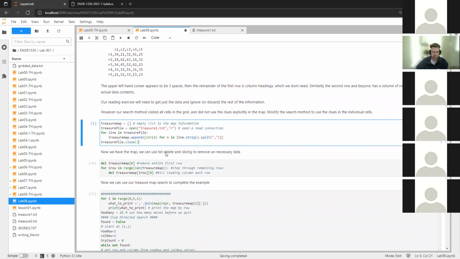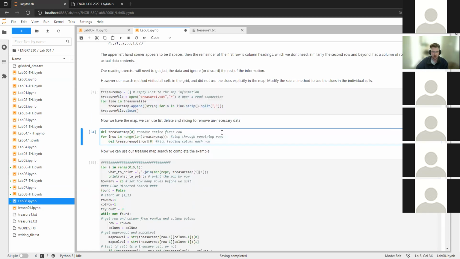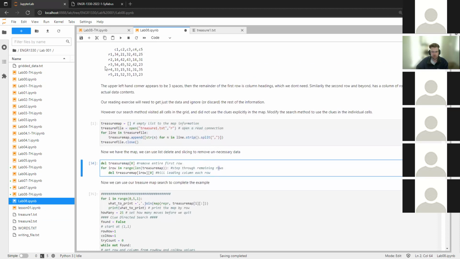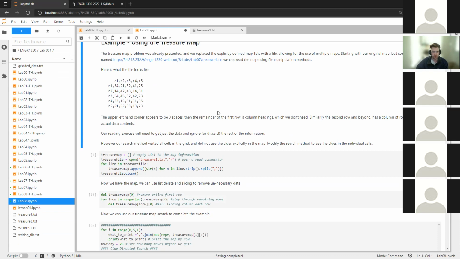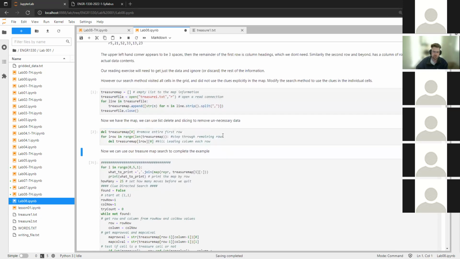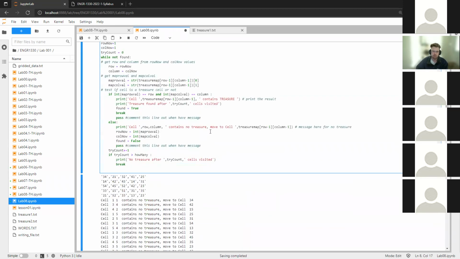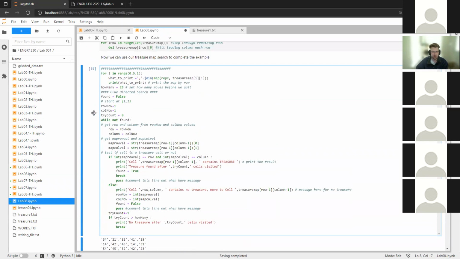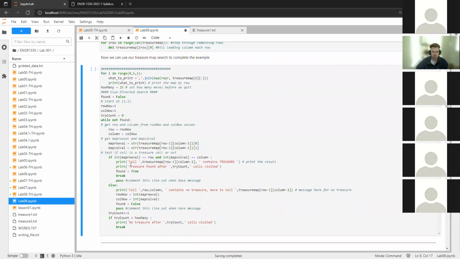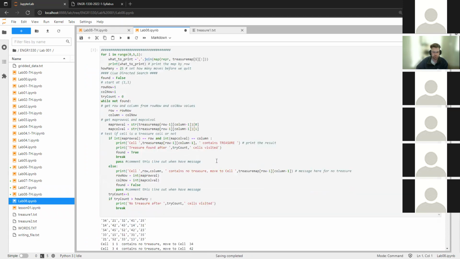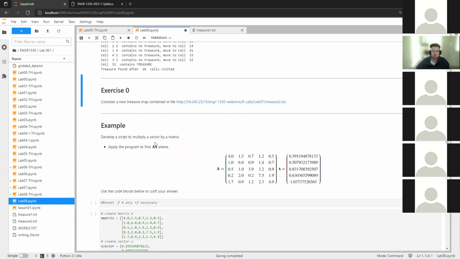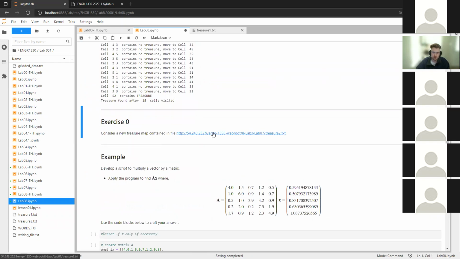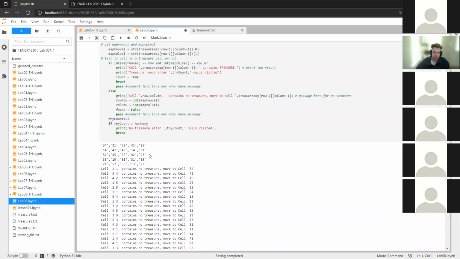So I have treasure1.txt, put everything in there. Get rid of the row and column, just the labels. So C1, C2, R1, R2. That's what these are for. Okay. And we'll see. Let me get rid of these. This is running stuff. Okay. So as we see